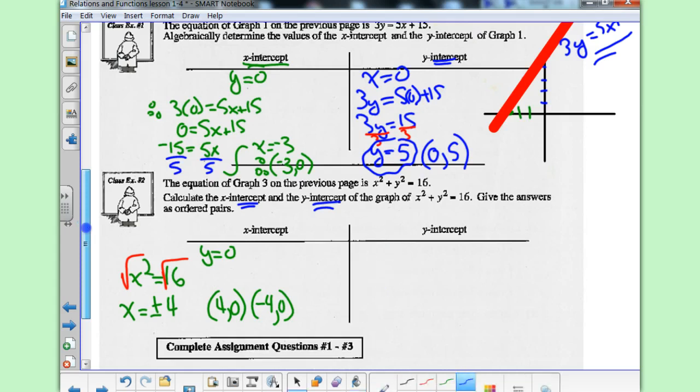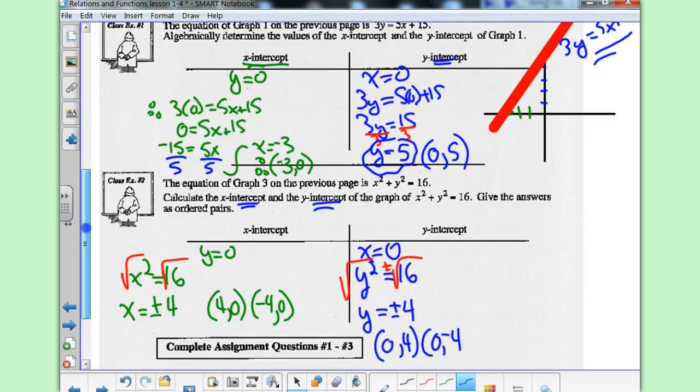Silly Mr. K. If I'm looking for a y-intercept, x equals 0. So that means that y squared is equal to 16. So that means that y is equal to, again, if you take the square root, you have to remember that you're taking both the positive and negative square root. And so you need to get an answer of both plus and minus 4. So now you have a point of 0 and 4, but also a point of 0 and minus 4. And if you plot these two green x-intercepts and two blue y-intercepts,